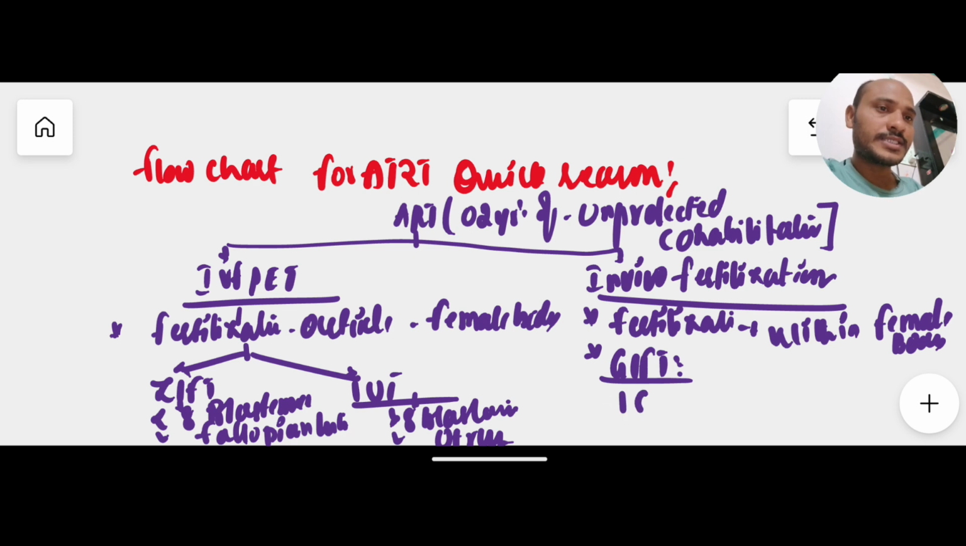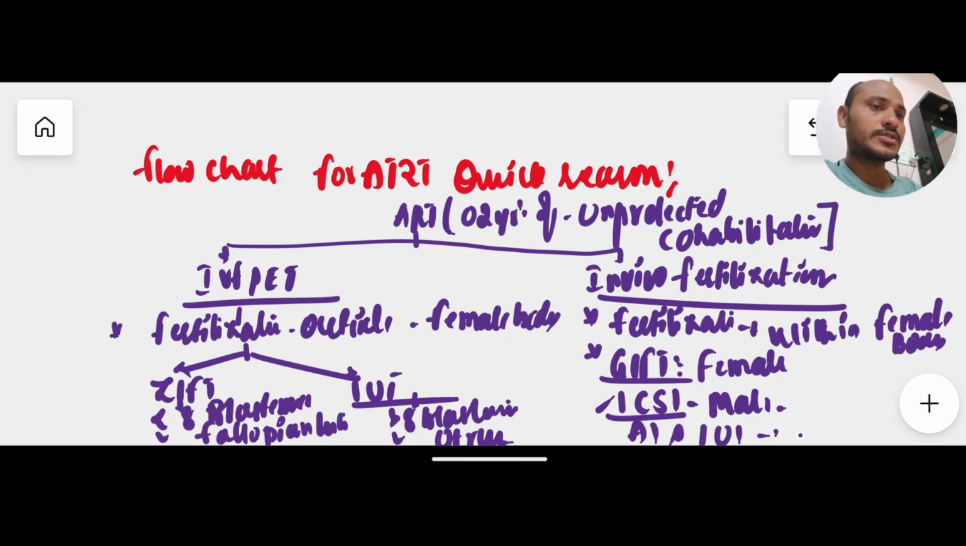And then we discussed ICSI. It is very important, and this was specially designed for males, and GIFT is specially designed for females. The ICSI method is mainly chosen for severe male fertility factors. Due to that factor only, the persons will go for this ICSI method. And also we discussed the AI method, artificial insemination, and intrauterine insemination,